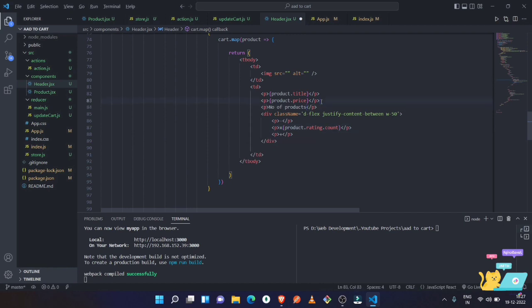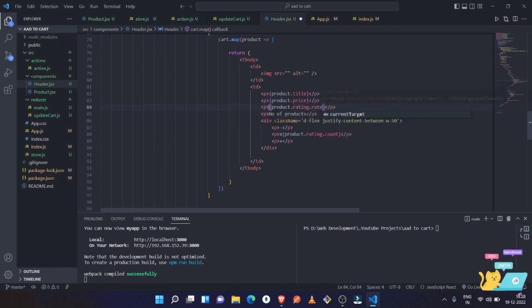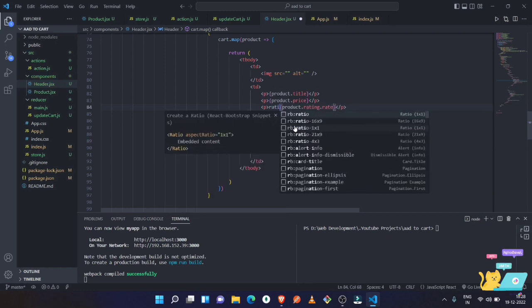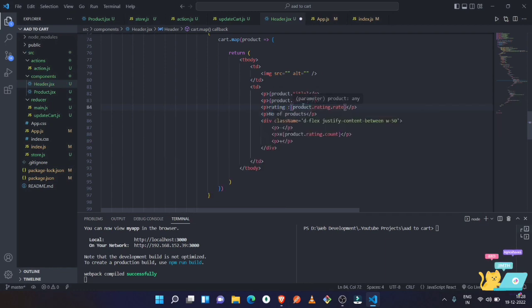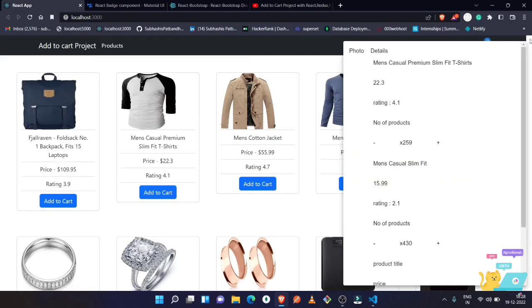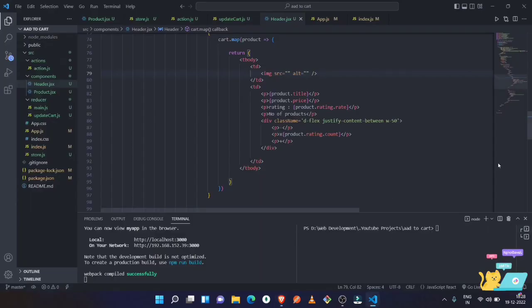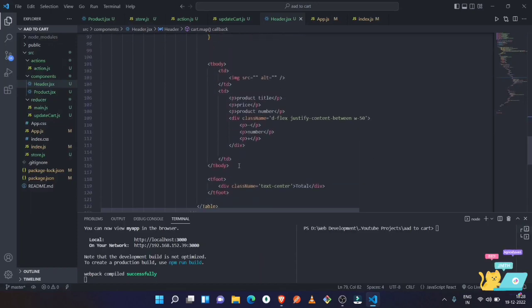Okay, here we have to add another thing, which is rating. So product dot rating dot rate, and here rating. Now I think everything has completed. Let's check. Okay, close this pop-up, and I think everything is fine. But why is this showing as into 259 into 430? So what is this extra thing? I think we have added another table body. Okay, so delete this table body here,